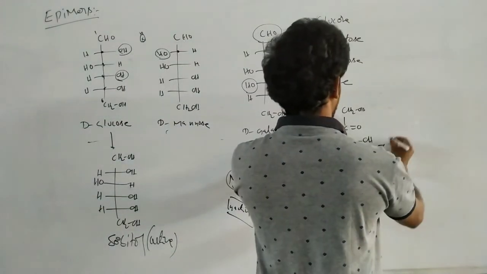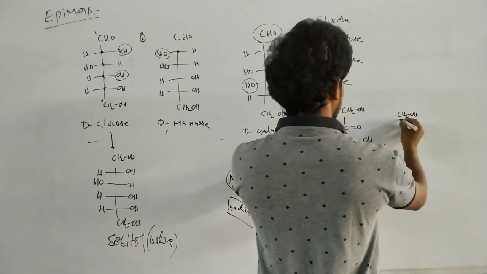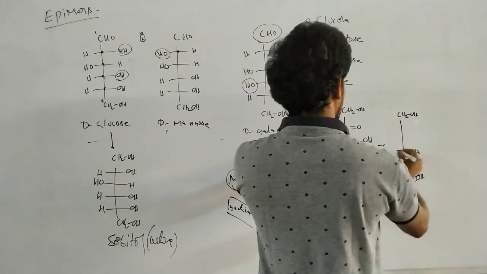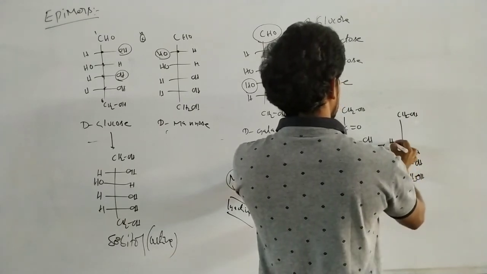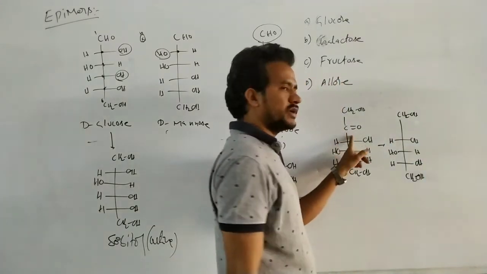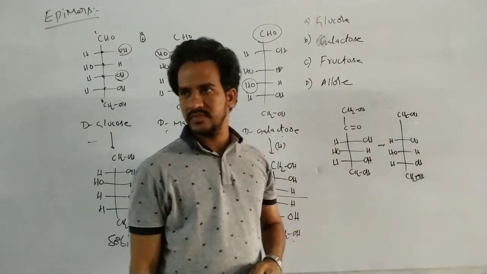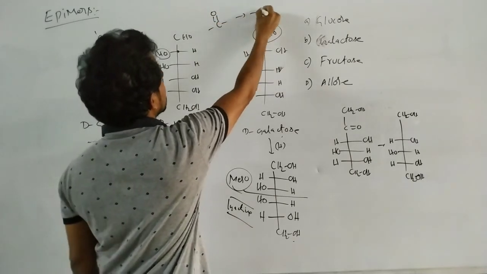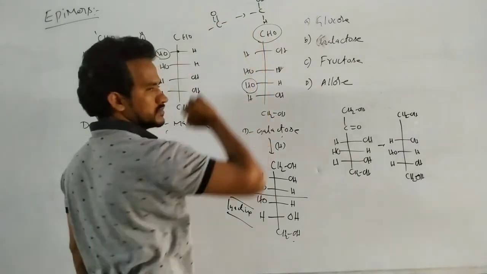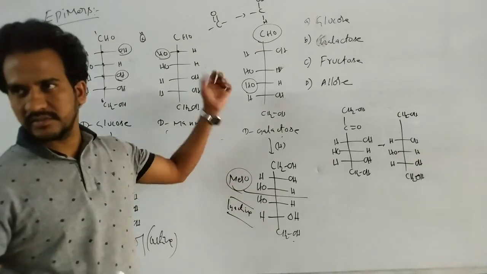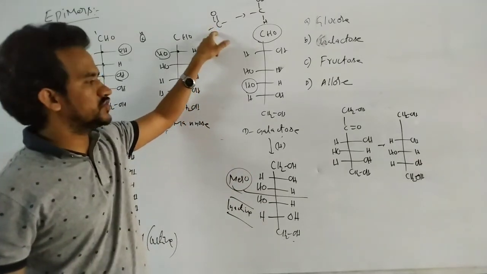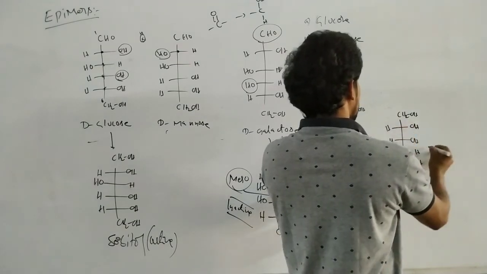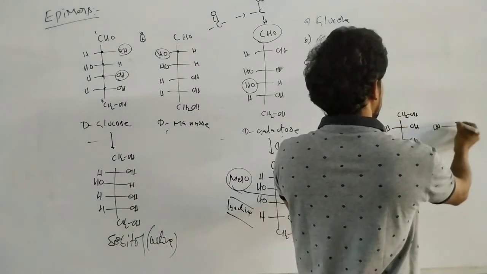Here in this case, CH2OH and CH2OH, OH, H, OH, hydrogen, this hydrogen, OH. Now it is converted to CHOH. That CO group is reduced to CHOH. Is it reduction? Addition of hydrogens. Now here the CO is converted to CHOH. Here OH may be on the right side or OH may be on the left side.